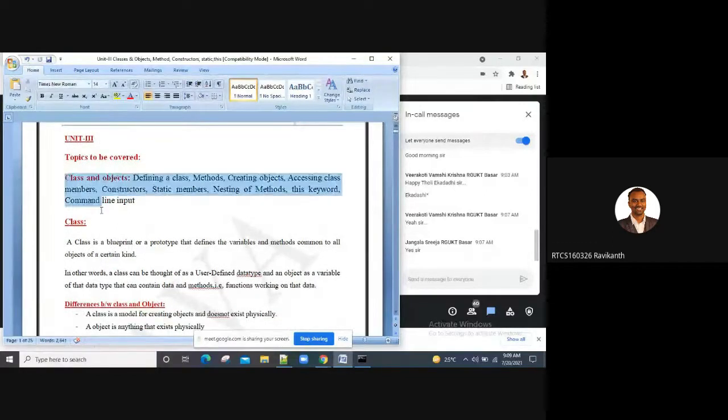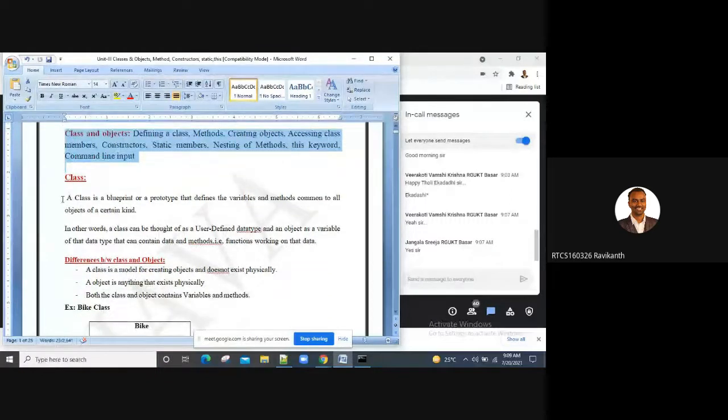So this is the syllabus which we are going to cover as part of Unit 3, Part 1. We have already seen in yesterday's session what a class is and what an object is, and the difference, which we saw in Unit 1. As discussed, a class is a blueprint or prototype which defines the variables and methods.